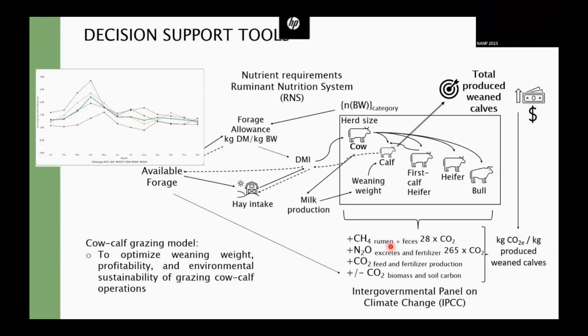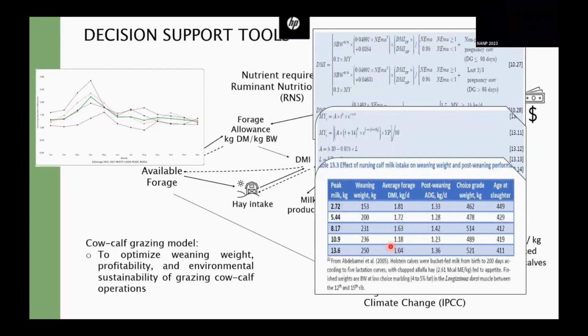So we connect all the available forage that you can estimate based on satellite images, and those satellite images can capture all this variability throughout the year. We connect this with all the ruminant nutrition systems, the mathematics regarding animal requirements, to come up with the best result. Actually, we do a simulation of this model, and we are presenting a